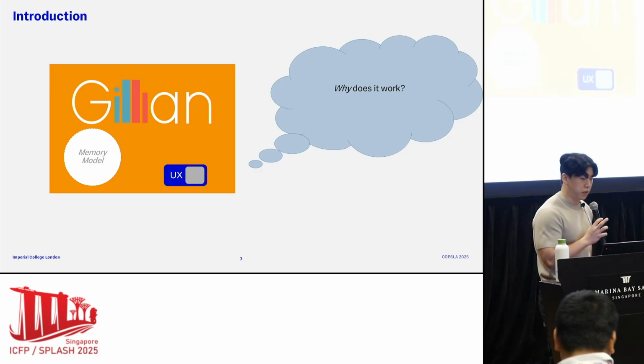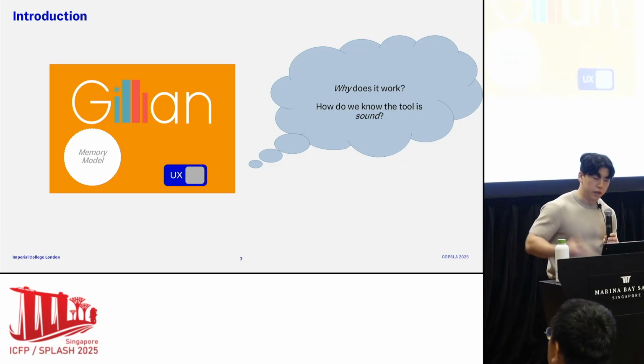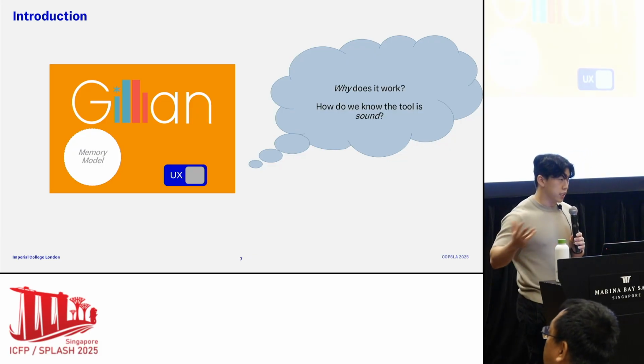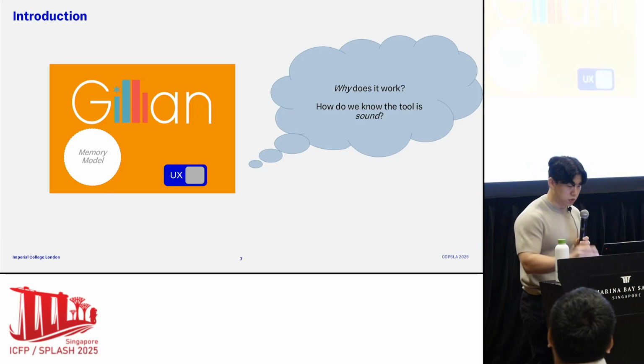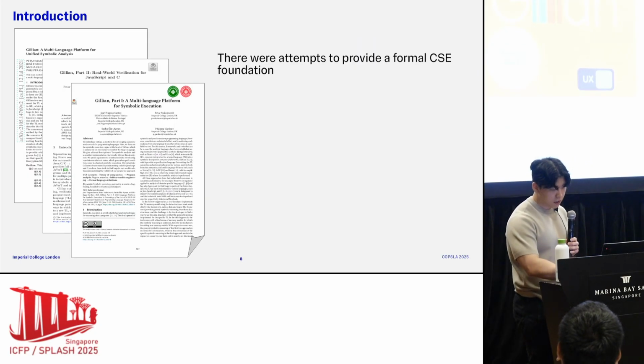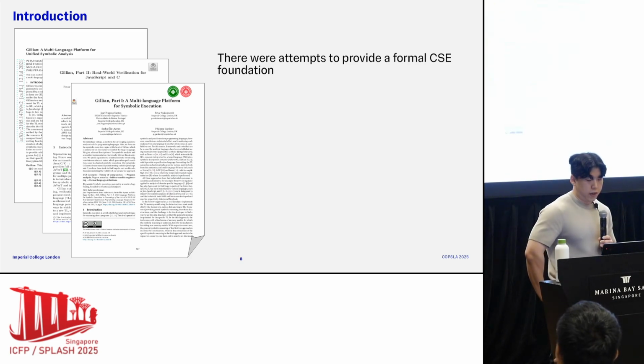Why does it actually work? How do we know the tool is actually sound? Or better yet, what does soundness mean in the context of Gillian or even any compositional symbolic execution tool? So to address this, there were some attempts to provide a formal